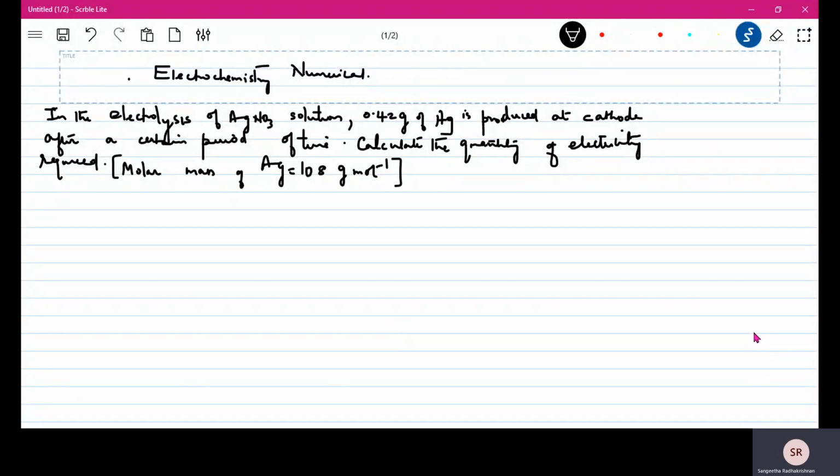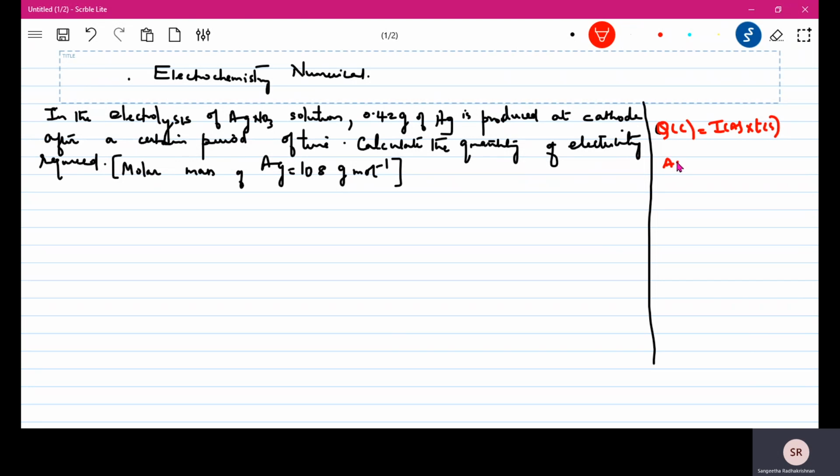So let's once again continue a little more on the discussion on numericals on electrochemistry. Some of the basic formulae that we need to remember is quantity of electricity passed, that is in coulombs, is equal to the electric current passed in amperes into time in seconds. Okay. The other formula that we need to remember is when we are writing the amount of metal produced, we